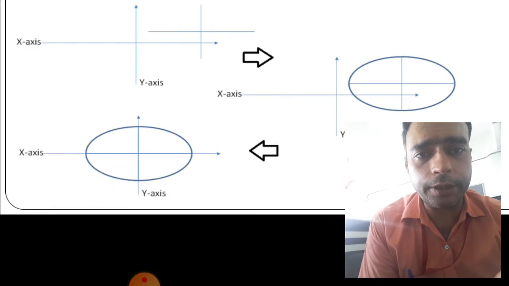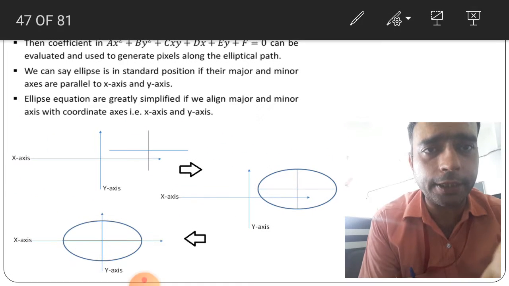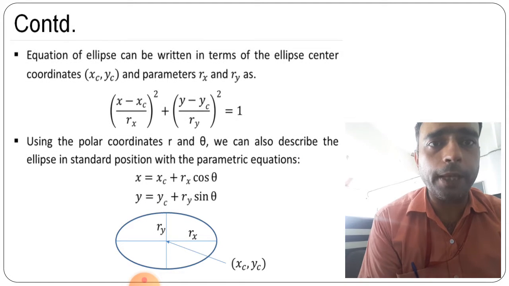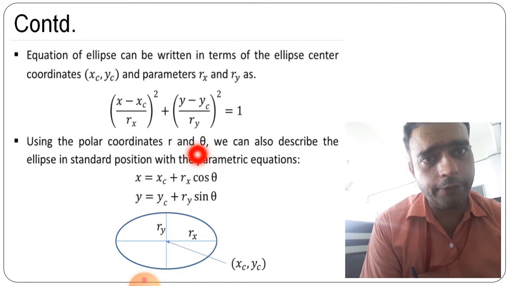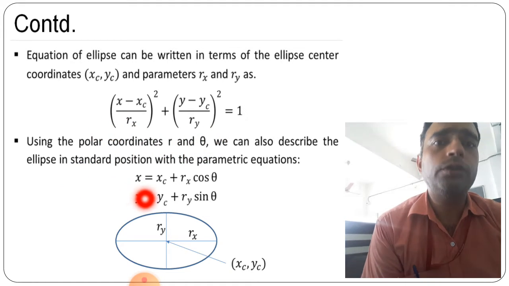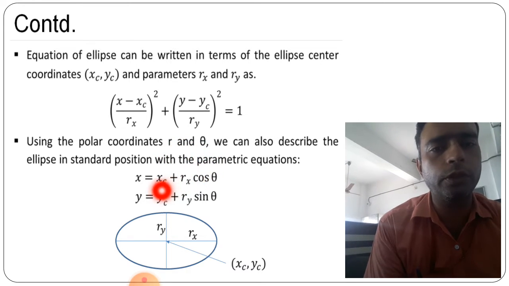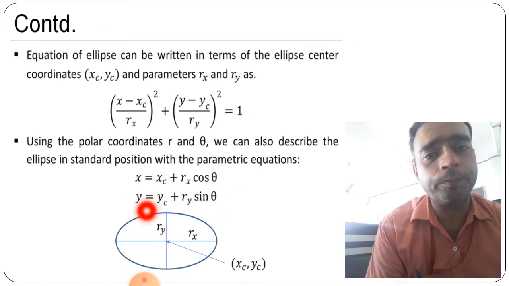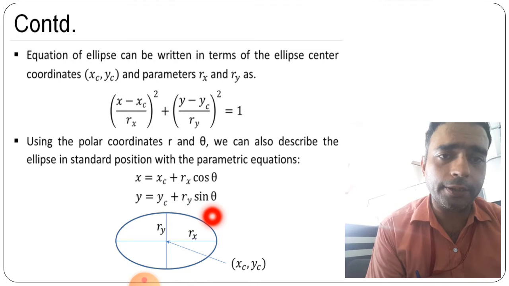ठीक है, center, ये जो बीच वाला part है, that is the center, that is xc comma yc. Here it is taken in the next part. So here, the parameters rx and ry are the two radii on the basis of which we are defining this formula. So x is equal to xc when we are taking this r and theta both. So on the x part and ry part, x is equal to xc plus rx cos theta, and y is equal to yc plus ry sin theta.